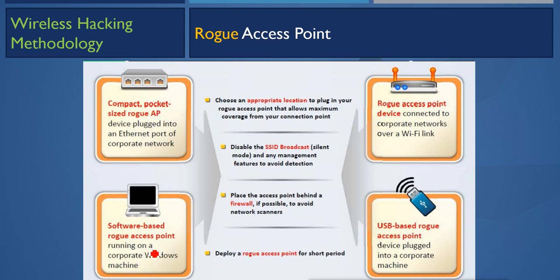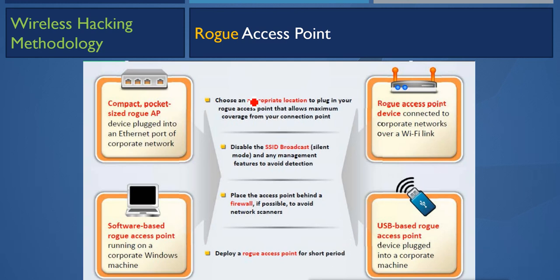It is a software-based rogue access point, and the attacker can do it by sending Trojan horses into the corporate environment, so the machines of that network and organization are infected with the Trojan and made into a hidden access point. Altogether, this is how the rogue access point is created.